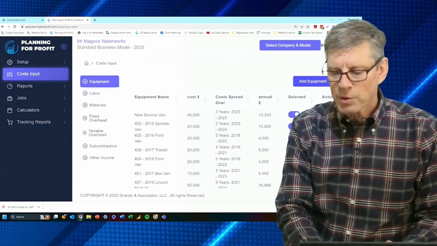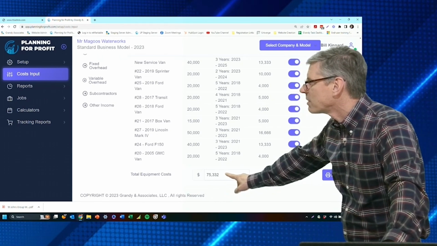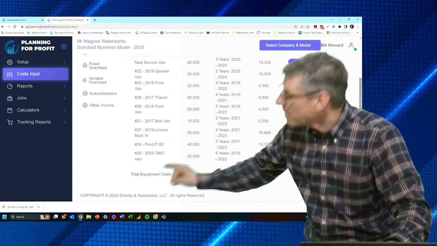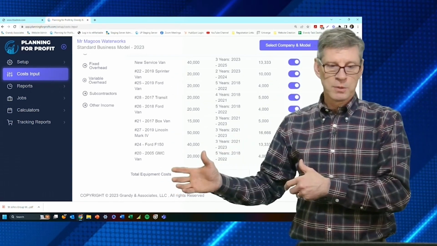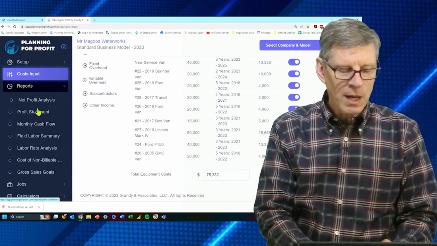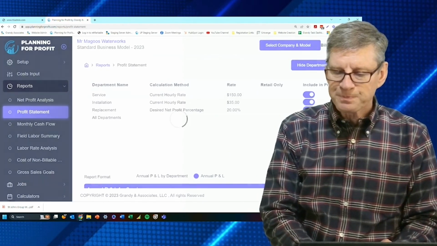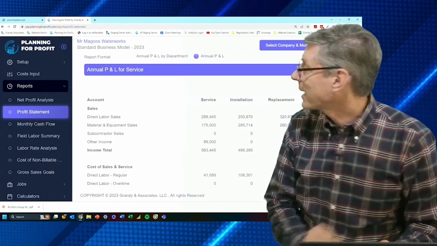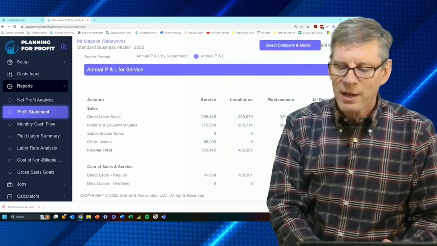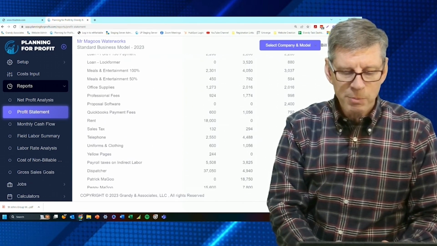So in my particular company, as I scroll down, I can see that I'm actually building in a grand total of $75,000 per year into my pricing to replace my entire fleet of trucks whenever they come due. Now, again, I can look here in the reports section of my software. I'll simply go into the profit statement, and you'll be able to see very quickly, as I scroll down, I can see my service department is the first department listed. As I scroll down on that list toward the bottom, you will see the equipment replacement fund